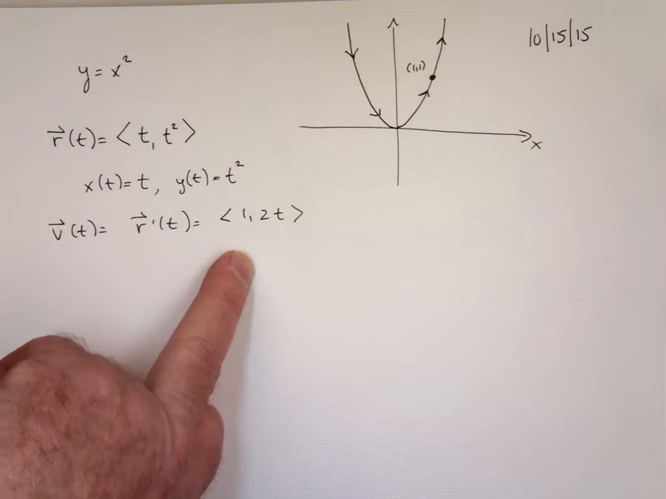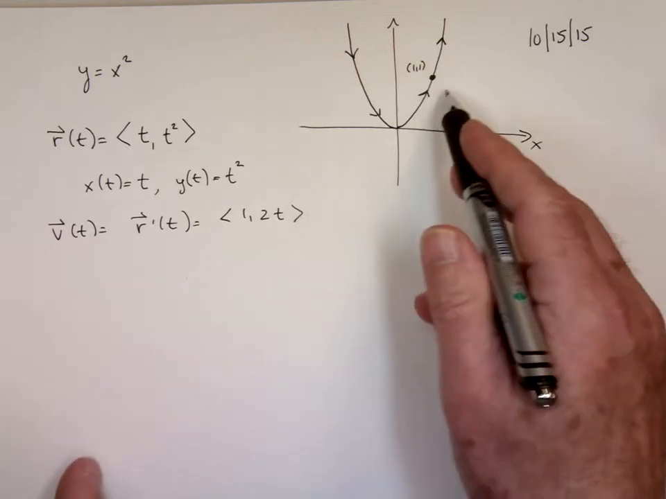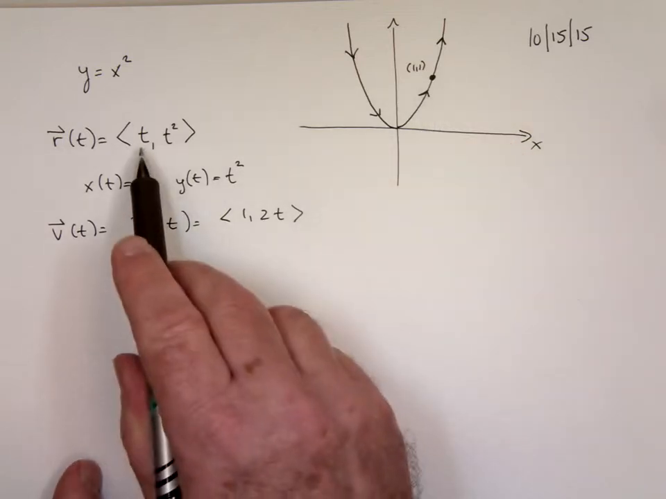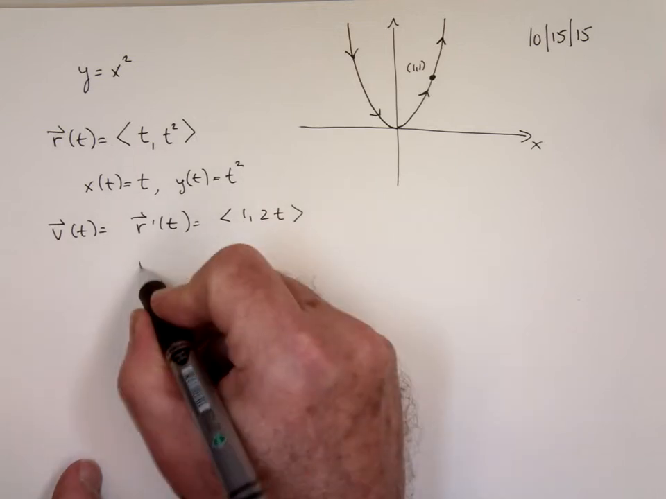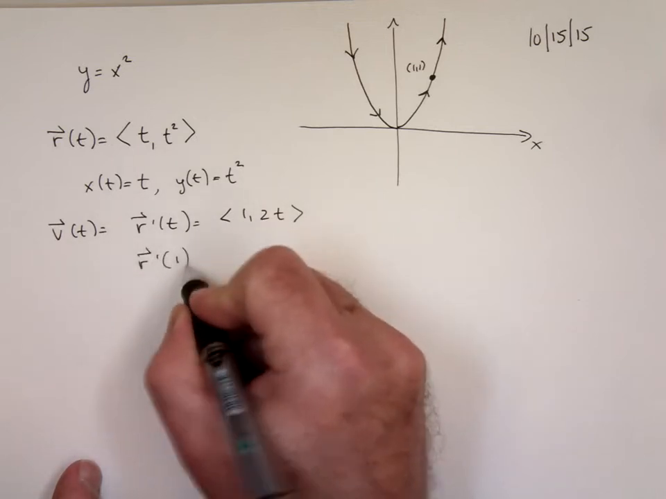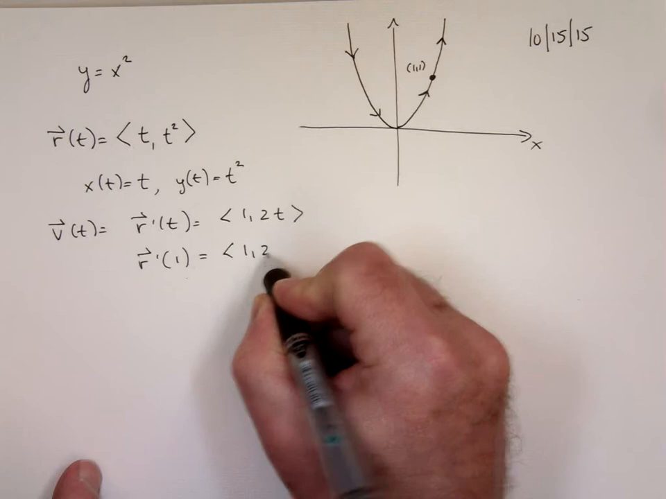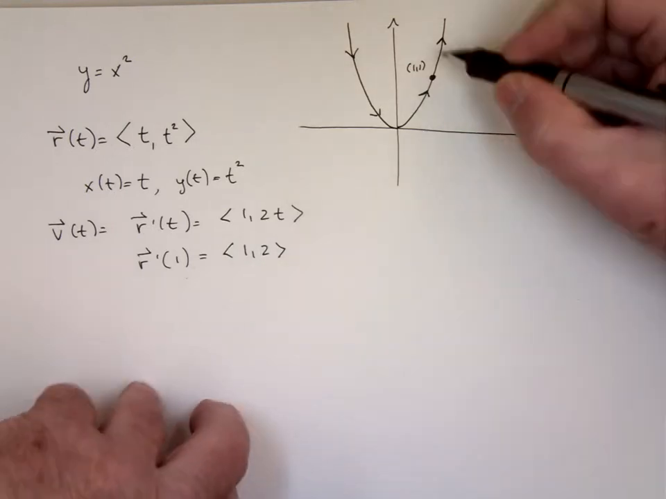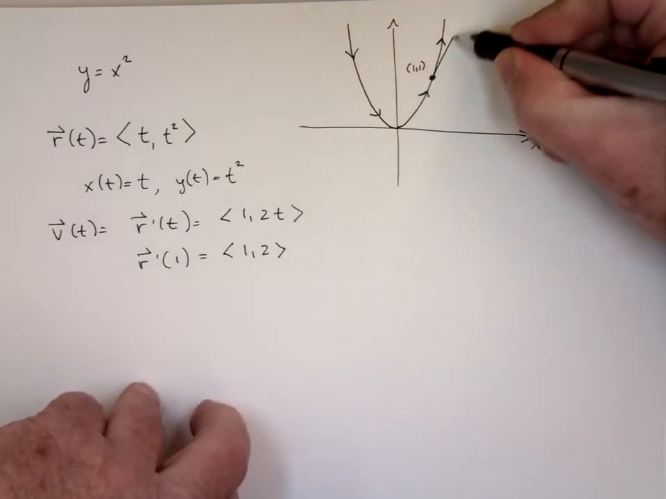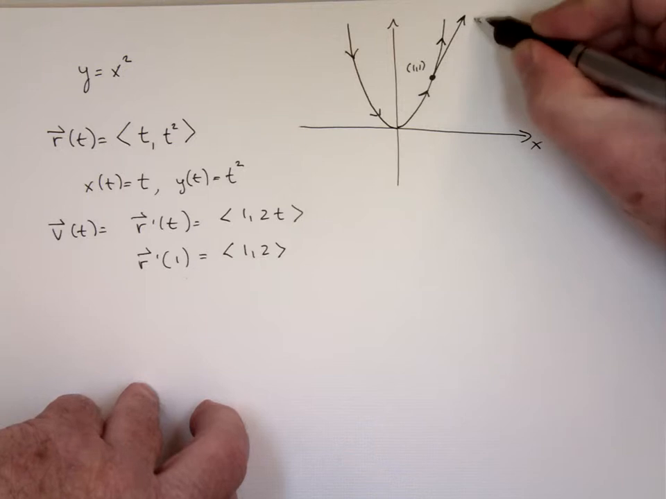At the point 1, 1, where t is equal to 1, we're going to get 1, 2. This will be our velocity, 1, 2. And that vector, that velocity vector here,